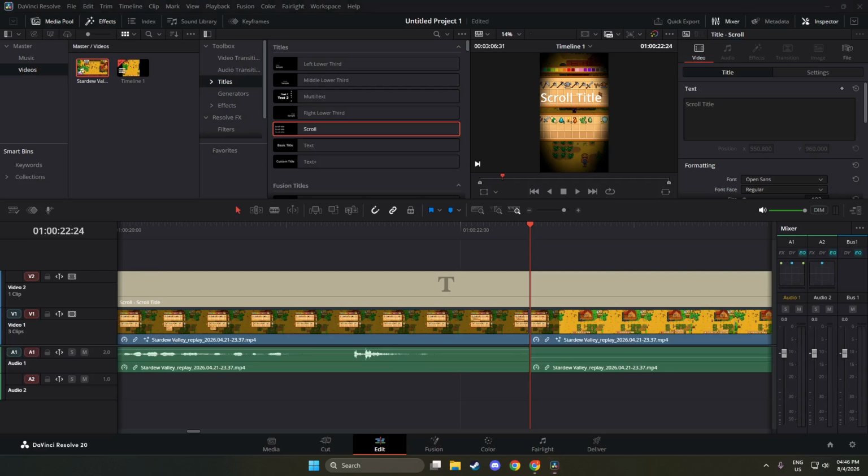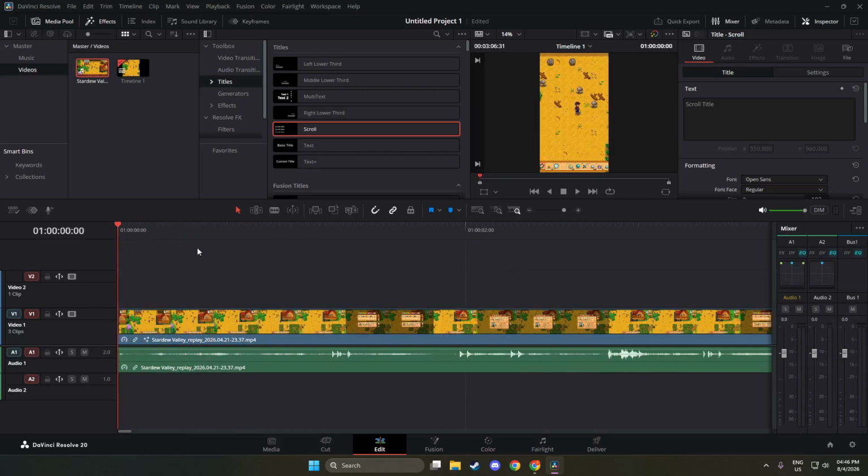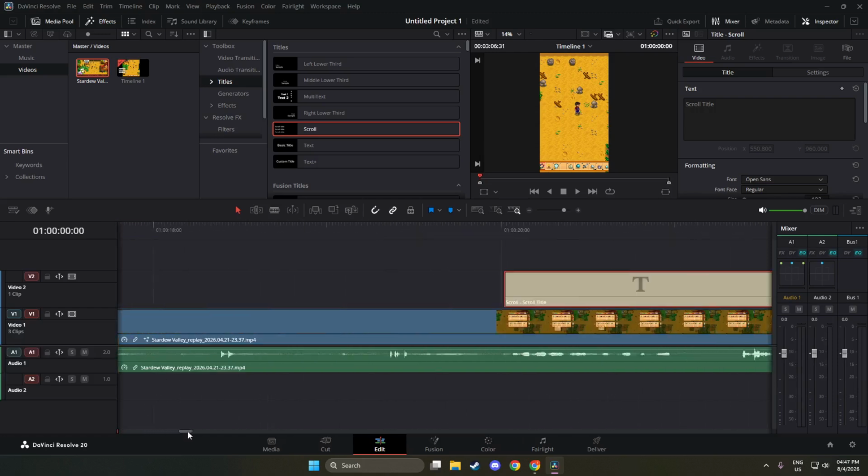Now select the Scroll title clip. Click once on that purple clip so it is highlighted. You will know it is selected when it has a light outline and the playhead usually snaps to it. Selecting it makes its settings show up for editing. With that ready, open the Inspector. Look in the top right corner of the Edit page, and click the button labeled Inspector. A panel slides out that shows controls for the selected clip, with tabs for video and text. If you do not see text settings, check that the scroll clip is still selected.